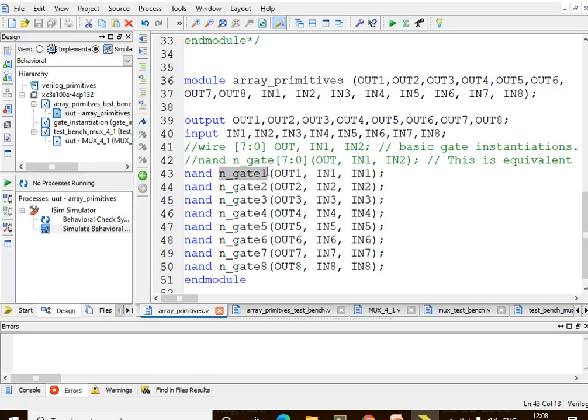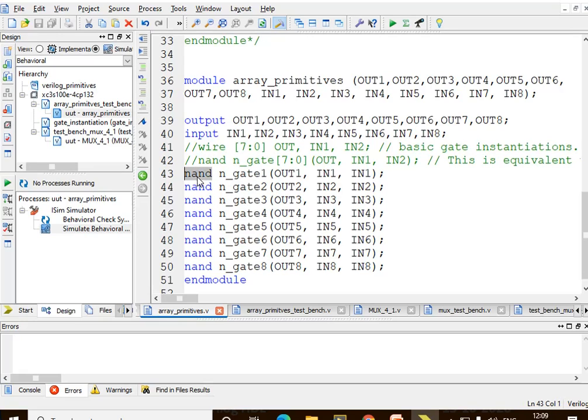So this is my instance, n_gate1, n_gate2, like that I have n_gate8. Now in order to define 8 NAND gates, I require different sets of terminals for all the 8 gates. And since the functionality is the same,